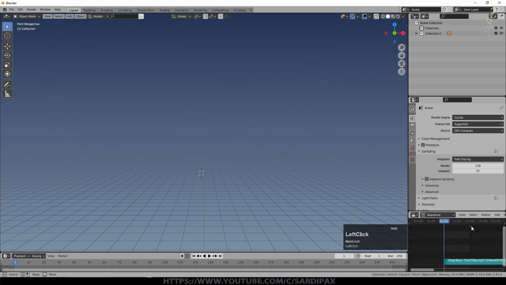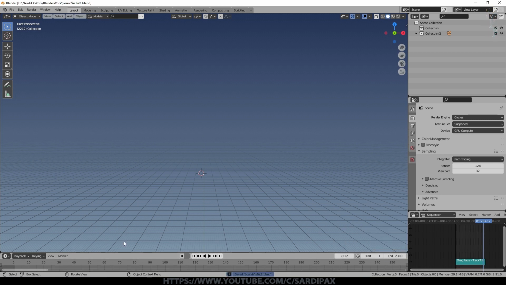And if I put my cursor towards the end, I can actually see roughly how many frames it is, and it's about 2300. So I'll set my end frame to 2300. If I press play now, we'll hear the sound. Having selected the sound, I'm going to press H, and that will basically mute it. You think it would be M, but it's actually H to hide it.